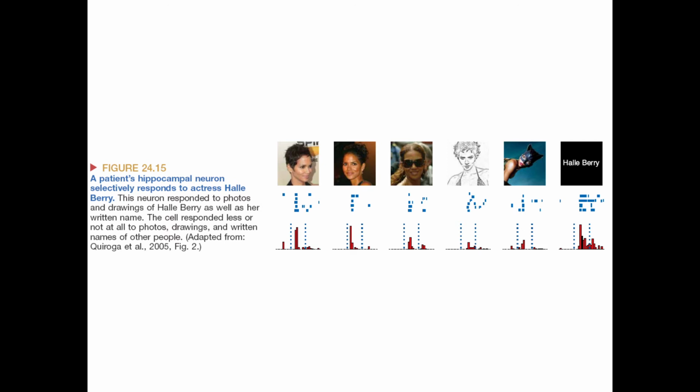How does he know this? Well, he showed images of, for example, one actress, Halle Berry, and the neuron in this patient responds strongly to the face of Halle Berry, but not only to her face, but also to her face with sunglasses, or with a mask in one of her movies, or also a black and white figure of her, and also her name